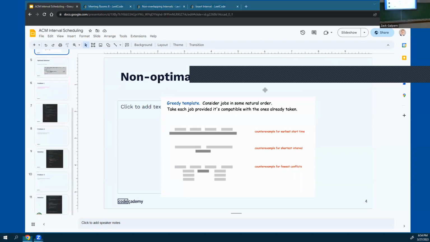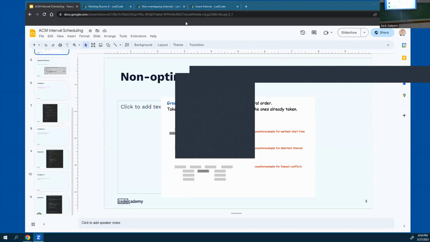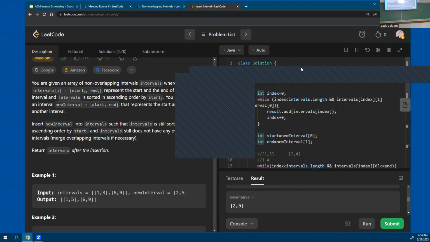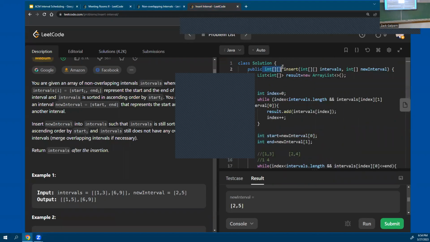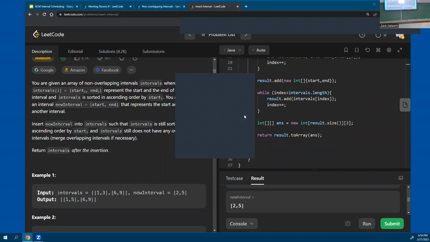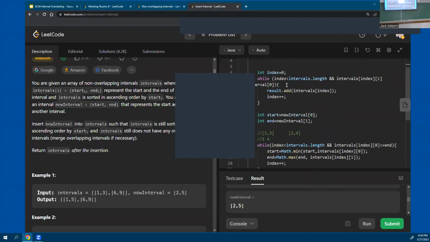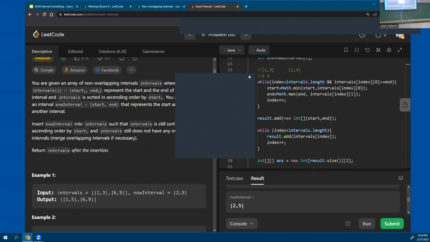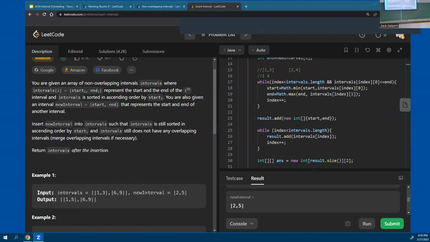Yeah. Let's see, at the end with the return statement. Right here, I'm just turning it into an array. This question wants a 2D array of integers, and I used a list, which is easier to work with, but Leetcode is just going to be annoying. If I return a list, it won't let me. So that's the only reason I use that. I would have rather returned the list. Yeah, anything else? I think I'm gonna